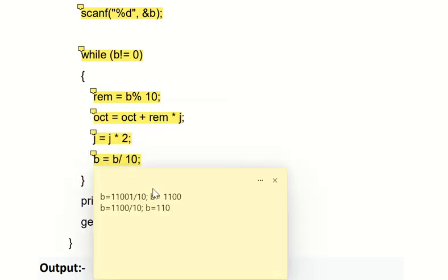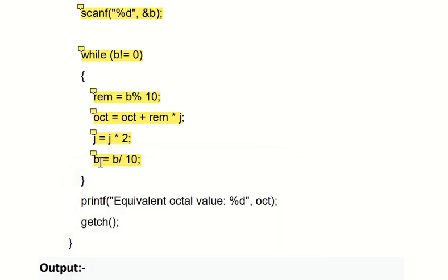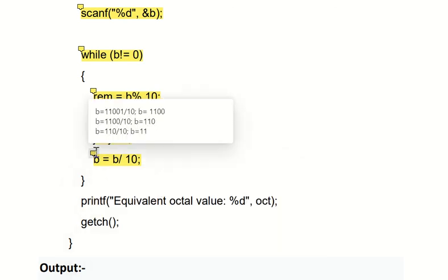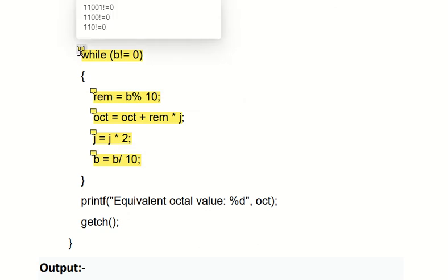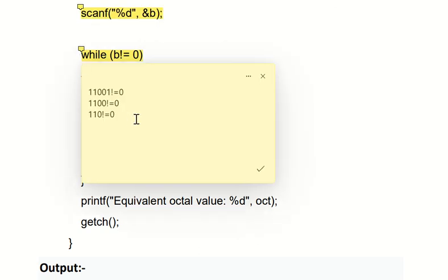And at this point, let me copy this line. Then editing: 110 divided by 10 and the answer will be 11. So what is the latest value of b? 11.